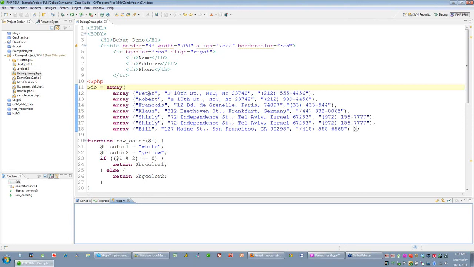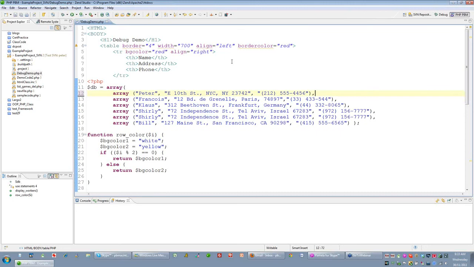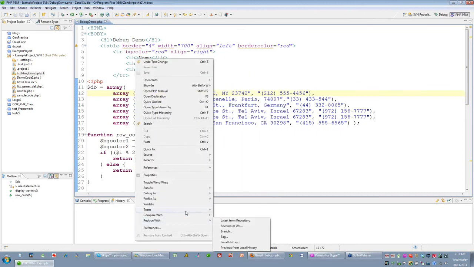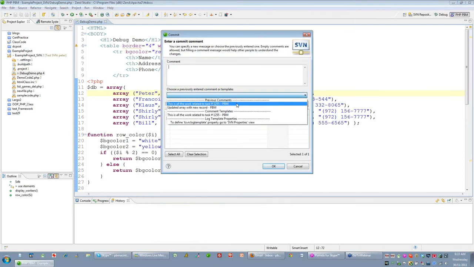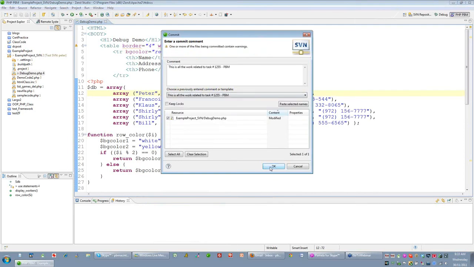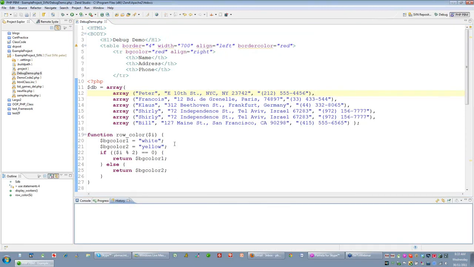So let me add a change. I'm going to get rid of this line here for Robert. I'll save it. I will commit it. I'll use my template for comments and commit it in. Now inside my history view,